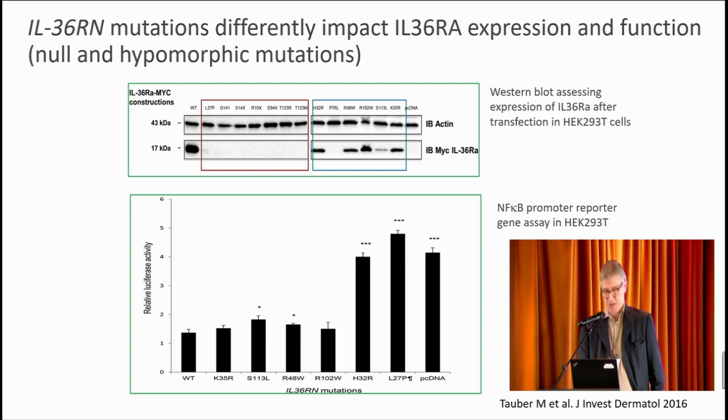And on the bottom of this side, you can see a functional test, which is a luciferase assay with the NF-kappa B promoter reporter gene in cells expressing both the IL-36 receptor and transduced with the IL-36 gamma encoding constructs. And you can see that in this luciferase assay, the wild type basically is working very well in reducing the luciferase activity, but some of the variants don't seem to do anything on the repression of the inflammatory cascade,